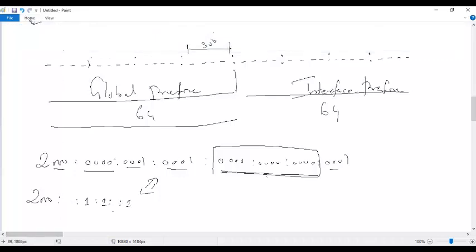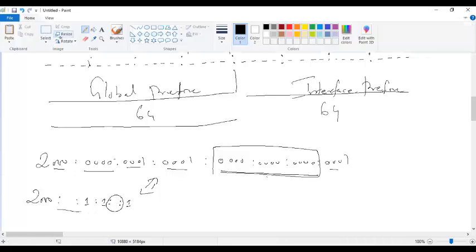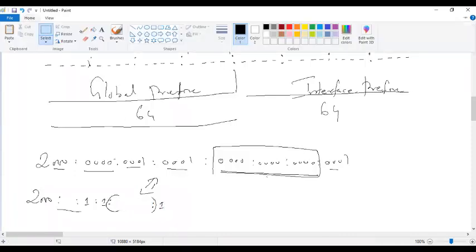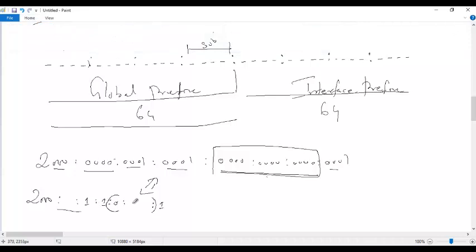So if you want to put here like this, then you should put 3 zeros here. Either you do that or do this. For one set of zeros, I put 1 0 0 0. Either you put the double colon instead of all this, or instead of all this. Because you have used it once, you cannot use it again.